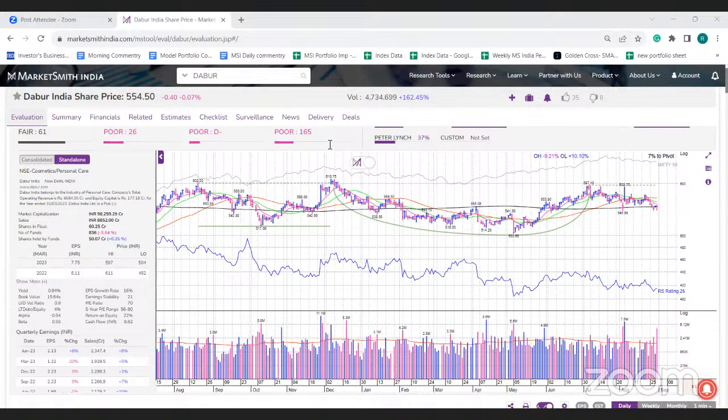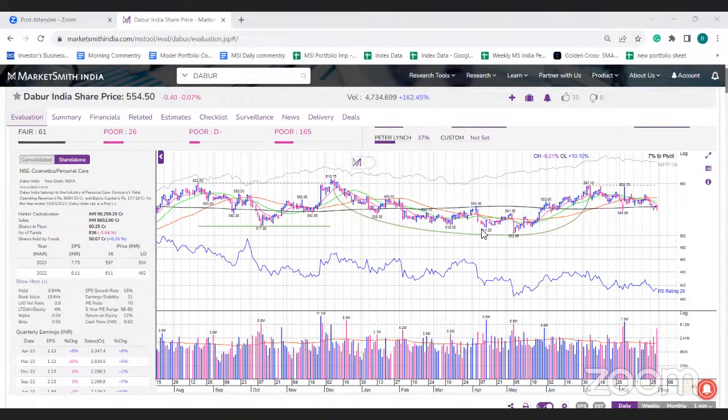Ratings wise, also it's not a very positive stock. You can see technicals have been beaten down completely because of the underperformance the stock has been going through for the last 1 year. Price strength has completely come down to 26. There is no sign of the RS line increasing or trending higher. Still, the RS line is on the lower side. Buyer demand is also on the lower side. That is, the A by D rating is very poor. It is at a D minus. That is majorly because when the stock is falling, it is falling on higher volumes. That indicates selling by the big players.